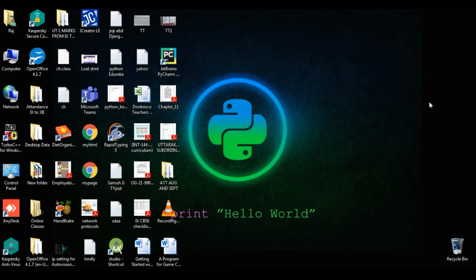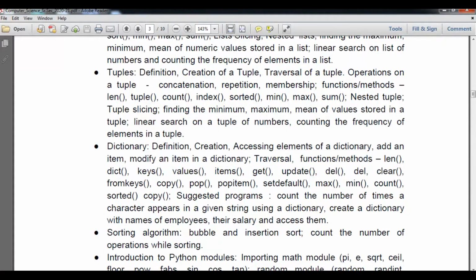In this video, student, we are going to understand the dictionary part 2. In the earlier video, we understood how to define a dictionary, what a dictionary is, and its further content regarding creation, accessing elements, and adding items. So today, student, we are going to understand how to access nested dictionary elements with the help of programming, how to traverse, and how to add or modify dictionary items. So let's begin with the theoretical part first.